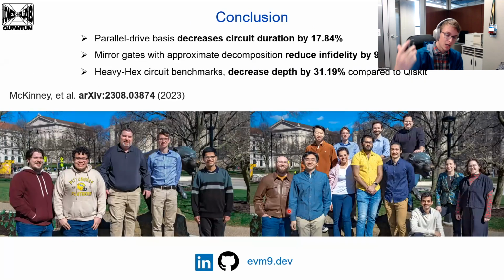So in conclusion, we talked about our co-design methodology that enabled us to reason about the hardware to determine the most efficient basis gate. But then we went a step further and said, how could we understand the hardware and the transpiler in order to boost the efficiency of that squared iSWAP gate even further? And we introduced the parallel drive, which could reduce circuit duration. And in contrast, we introduced the mirror gates, which bridge the ideas of decomposition and routing to further improve fidelity